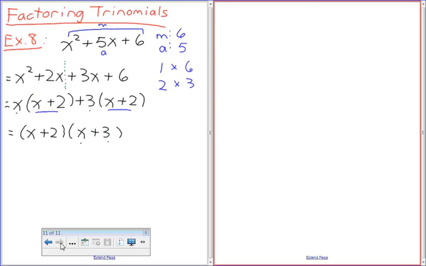All right, here we go, example 9. I'm going to do one more as a class, and I'll give you guys one to try yourselves. You ready to step up the difficulty? Too late, we are. 2x squared